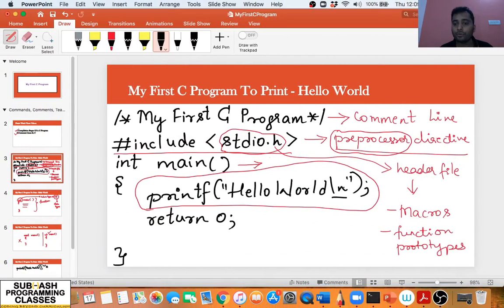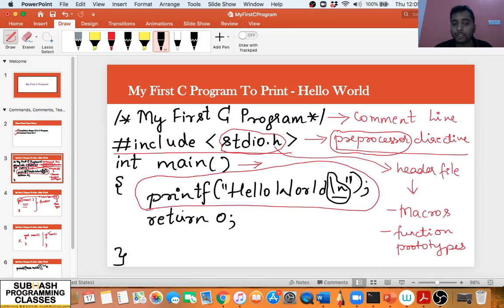This is the use of having your escape sequence called the new line character within your strings. So basically printf is a standard library function which is used to print certain characters on the screen, and the goal of this program was to print hello world on the screen, and we have achieved it using the function printf. For printf to work very nicely, or without a warning,